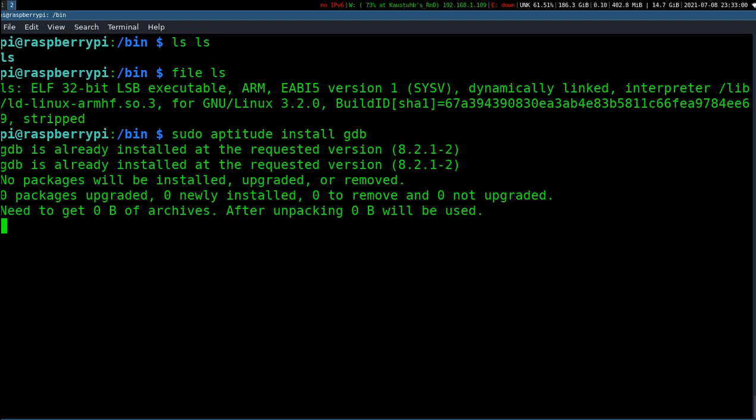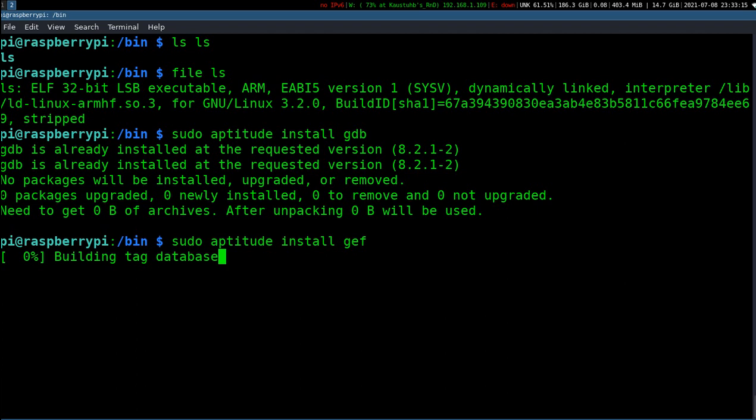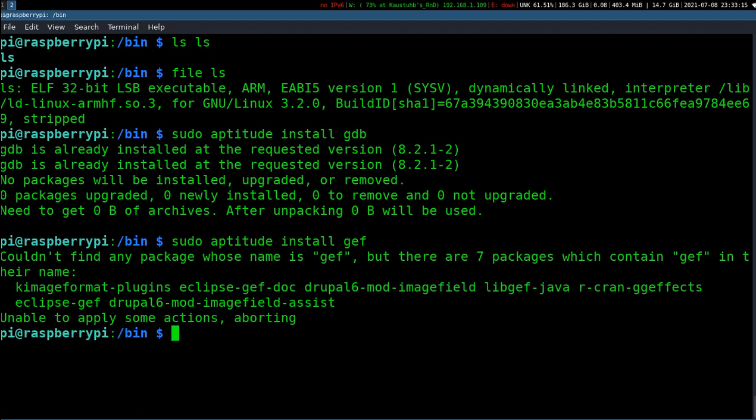GDB is already installed and up to date. Second, I keep reading the articles and watching the videos, and I come to know that people prefer GEF on the Pi over Pwntools. So when I do this spawning on a normal 32-bit or 64-bit x86 computer, I prefer Pwntools.